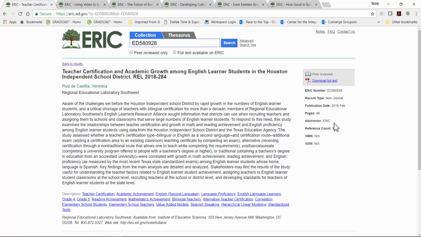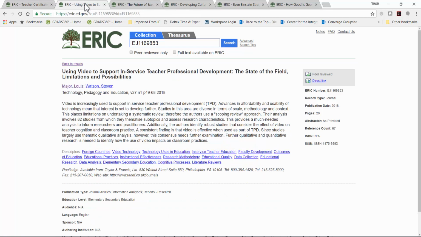Okay, the rest of the fields that describe the record content are fairly straightforward. We'll use the journal record to show these. Pages. This one says 20. It tells you how long the content is. And for a journal article, it should match the page range that was in the citation field up here. If there is no entry or an NA or a 0 in this field, it means that the information wasn't available at the time of processing.